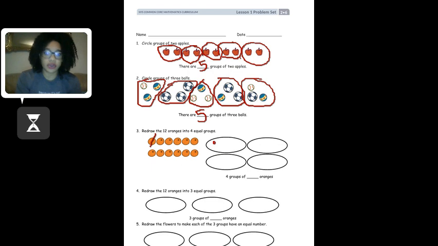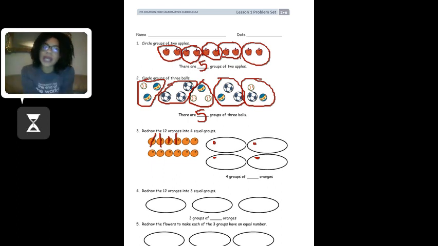Then I'm going to get another orange and put it in the second basket. Then I'm going to get another orange, cross it out, and put it in the third basket. And then I'm going to cross out another orange and put it in the last, the fourth basket. And if I look on the screen right here, I see that each basket has the same amount, and that's good. That's what we want, because the question told us that we want 4 equal groups of